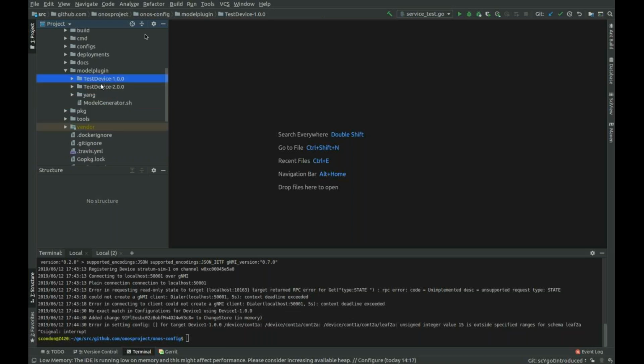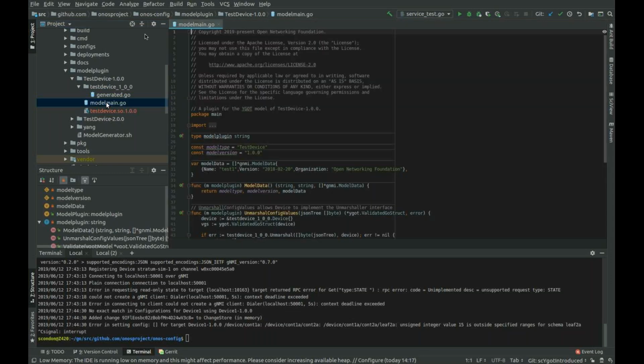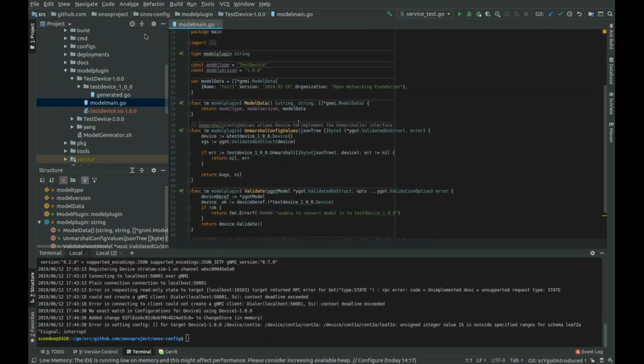So here I have 2 different versions of this same device type, test device, and I have a shared object library for each one. So in future, Stratum version 1 would have its own model plugin, Stratum version 2 would have its own model plugin, and really it's driven by the Yang files effectively. So inside it, I have a definition of what Yang files are included in this version of the